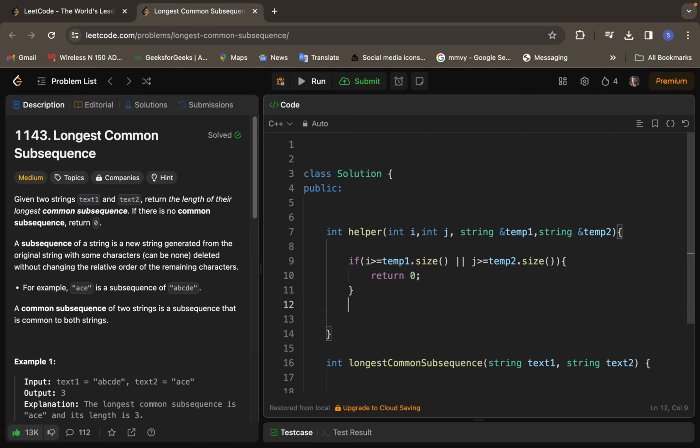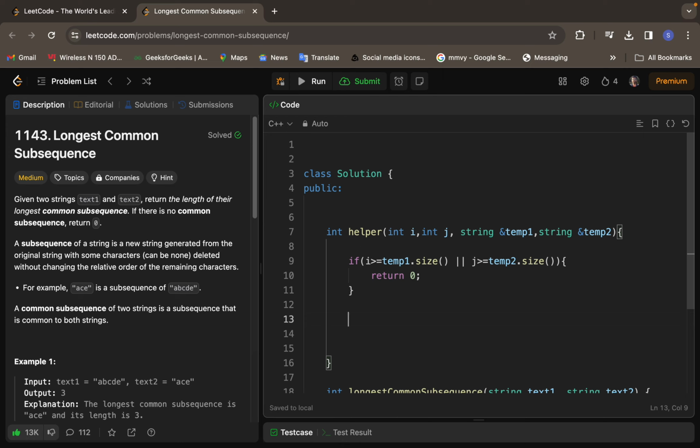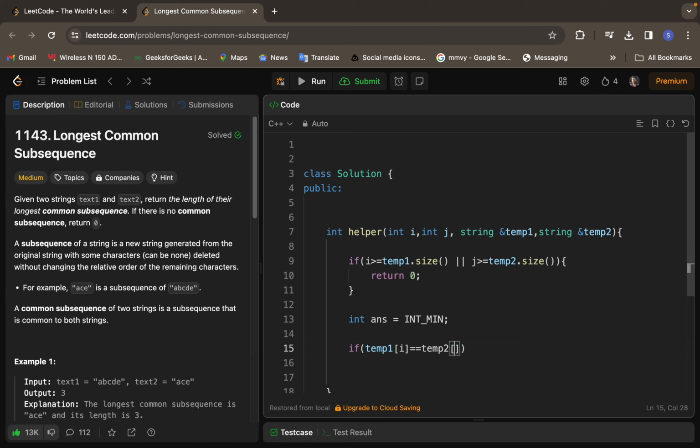Now let's say if the characters at i and j are the same, then what does that mean? It means that we can add 1 to our common subsequence length. So let's say we create an answer. int answer is equal to INT_MIN. Now let's say if temp1 of i equals temp2 of j, what do we do? We simply say answer is equal to 1 plus